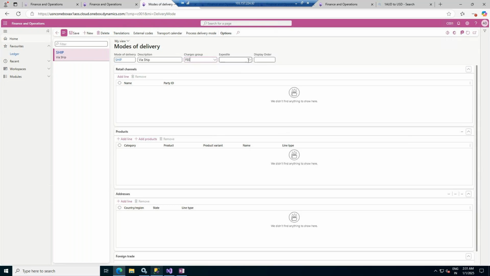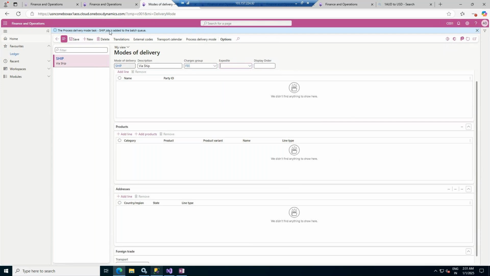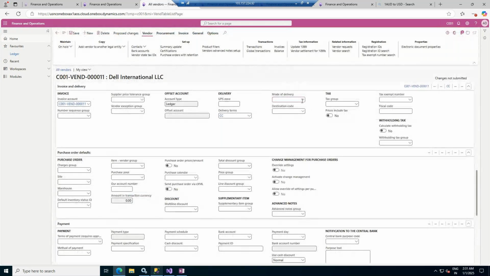Then there is the expedite. If there is any expedite field, I don't know the field name, I never used it. So product address foreign. Okay, so mode of delivery I have used till here only. Process delivery mode, transport calendar. What will be the transport calendar, or process the delivery mode? What is the process for the process delivery mode? Ship batch job is added to the batch queue. So wherever the purchase order is added, there the ship will be updated. Okay, in that case, ship, and then there is a